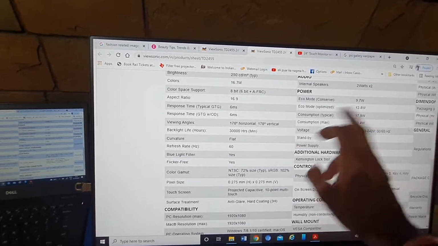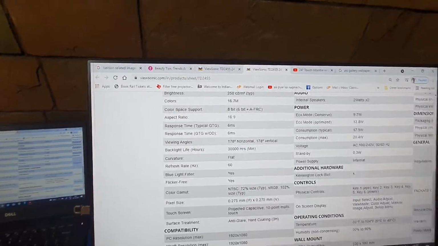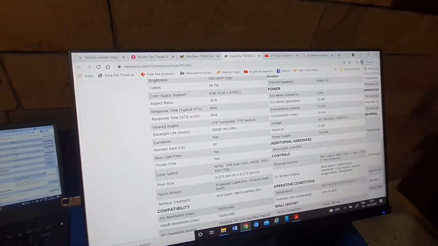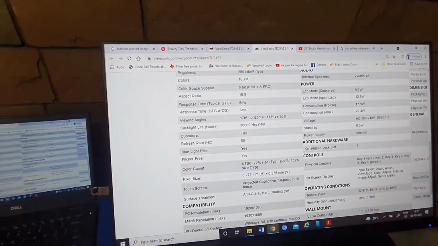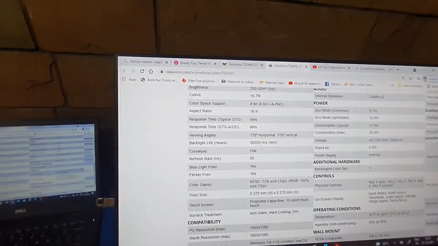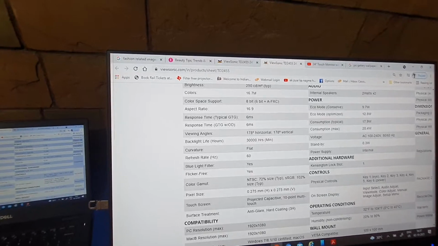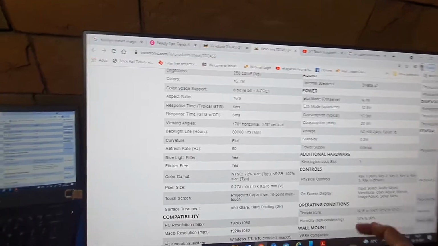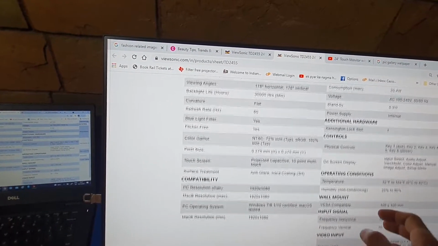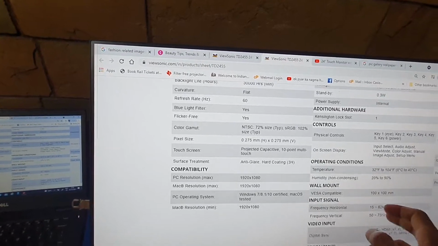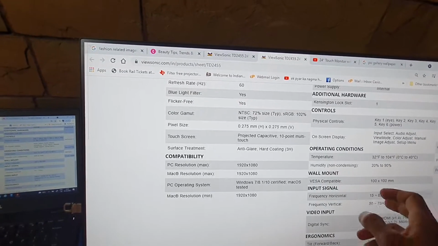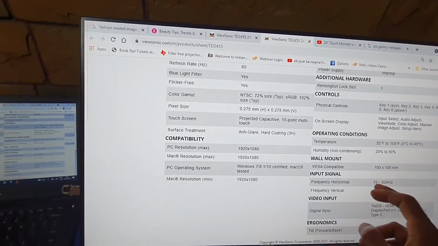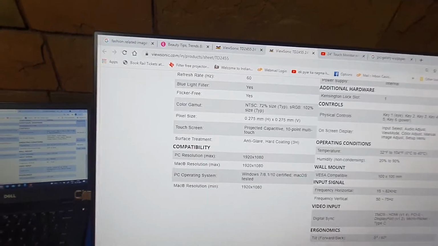And this monitor does have 30,000 hours. In your consumer TVs, I think it's 20 to 25,000, 20,000 max. So 30,000 is a good backlight life. Refresh rate is also 60 Hertz. And surface treatment is anti-glare and hard coating.